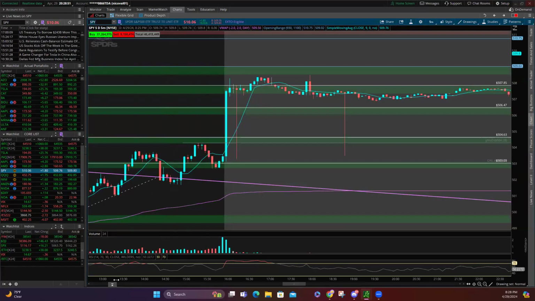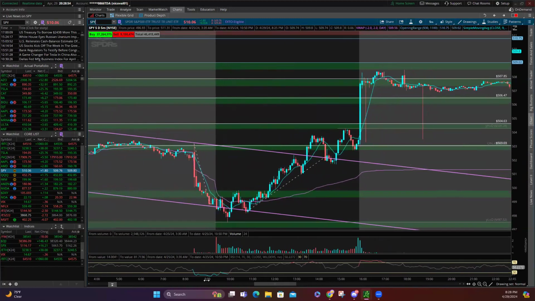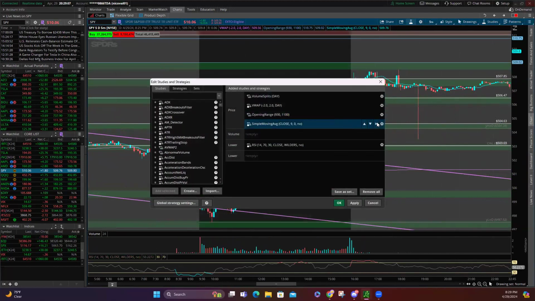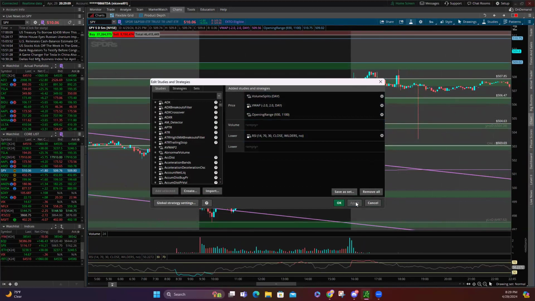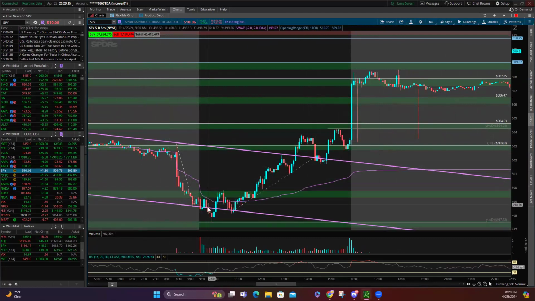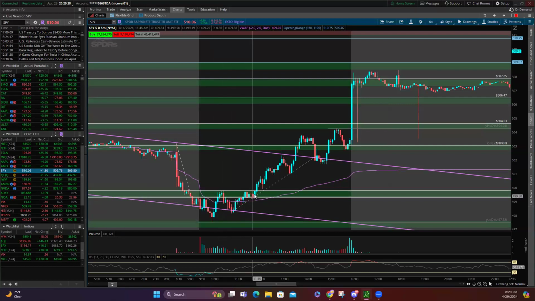SPY. This is my SPY. This is our 5 minutes. And look, this is what I got on SPY if I'm only using VWAP today. Just for the sake of the example, I'm going to take the moving average away. So this is how we looked. This is where we started with SPY. It broke. We could have gotten here, but we got back at it. So this was like a fake out, and then we held it.